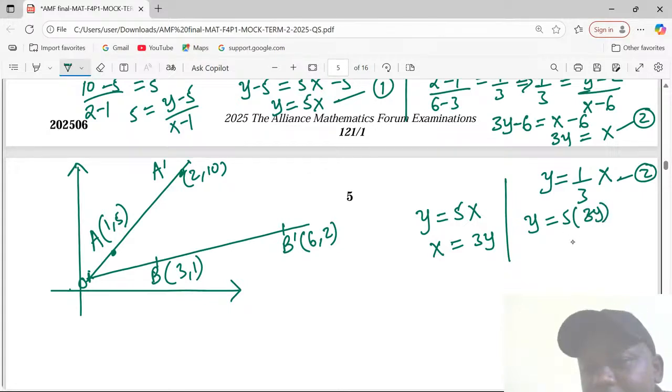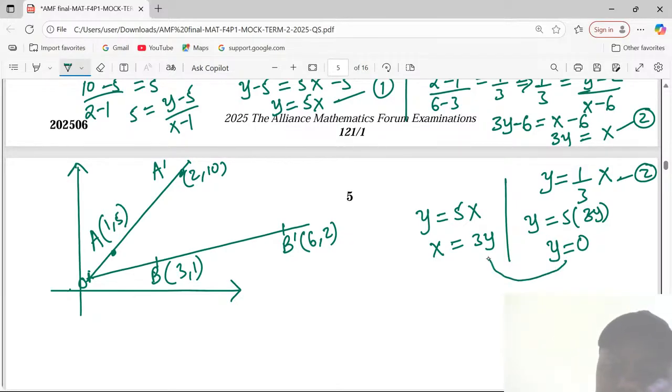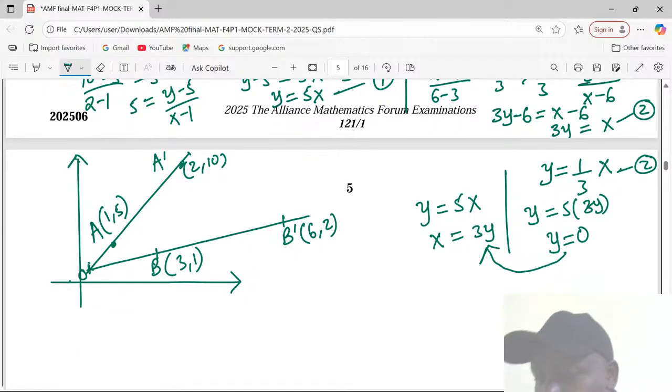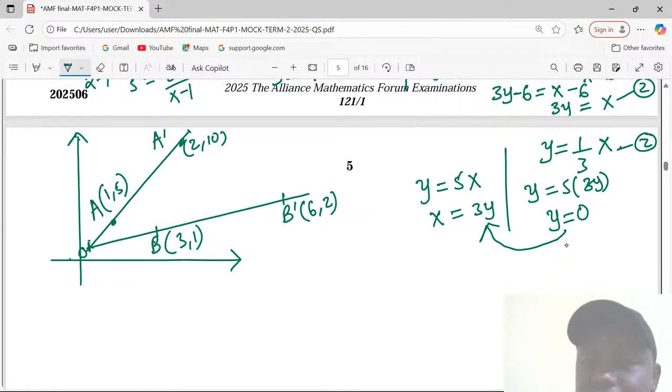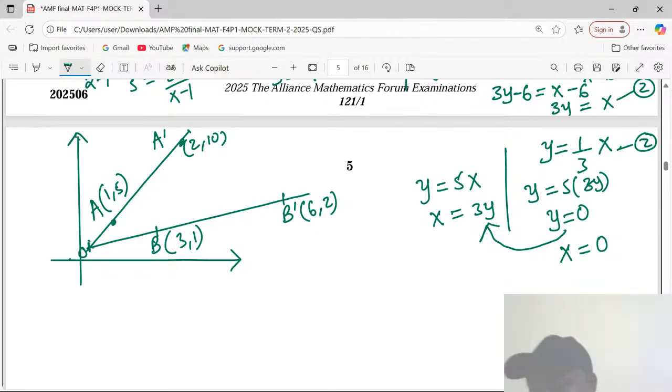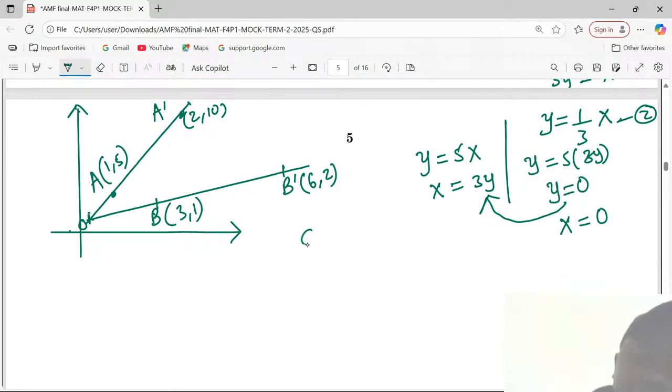So you discover that the value of y is only 0, because we are having y's on both sides. Then when we substitute in this one, you shall still discover that the value of x is also 0, because we will be having x on both sides. So the value of x is 0, the value of y is 0, meaning that the center of the rotation